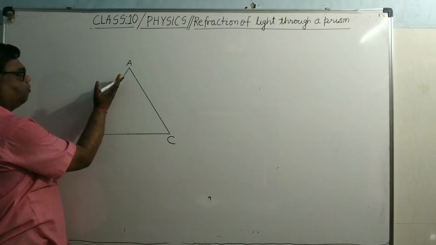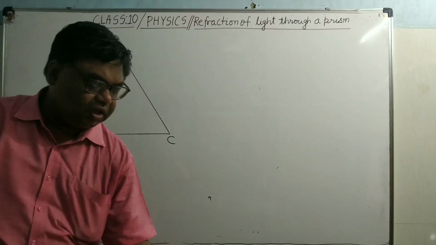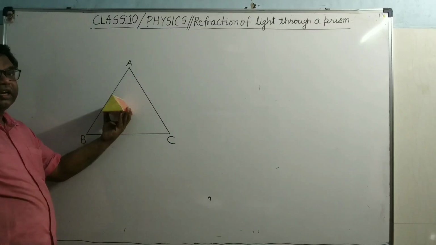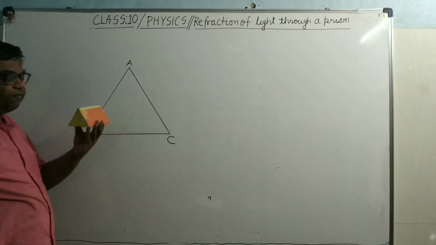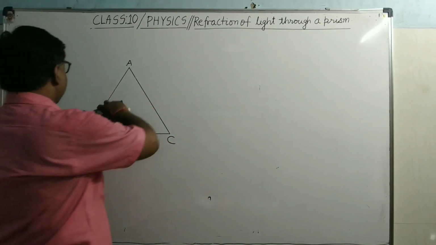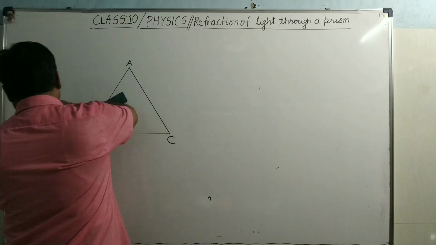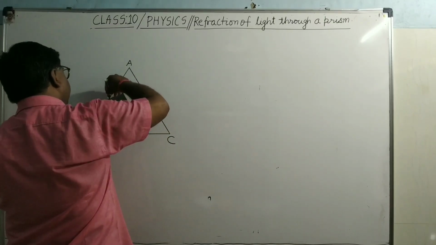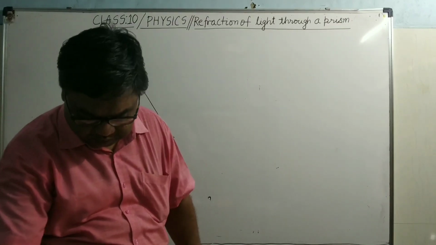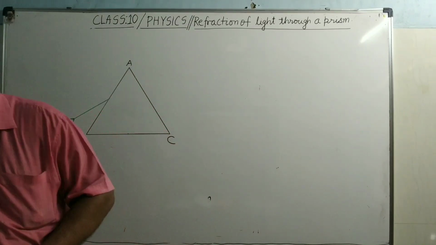Here we have taken one refracting face AB, the other refracting face BC. Light enters through this and comes out from the other. Now see here, this is a ray of light which falls obliquely here. Now what will be the normal at this point? Here I am using the same symbols which are in your book. It is OPQR. So if you draw the normal,